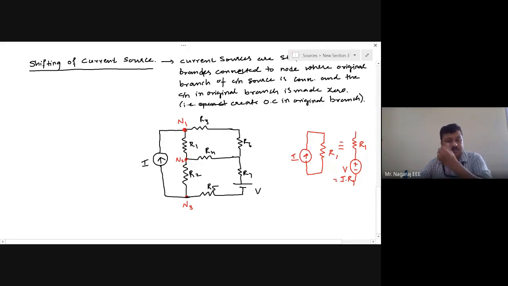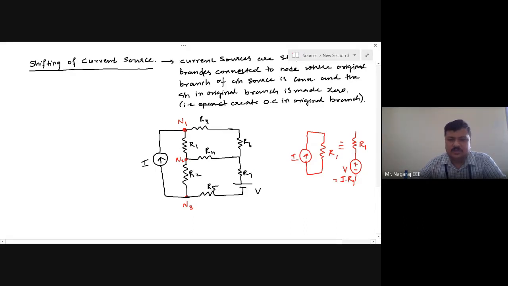One more transformation technique is star-delta transformation, delta to star and star to delta, but that is restricted to passive circuit elements, not to the sources. So if I want to get an equivalent circuit of this, there is no way other than source shifting. I think that question is answered here. We need to shift the sources to get an equivalent circuit where source transformation alone will not serve the purpose. And this is that circuit where source transformation alone is not possible. Here I can do it.